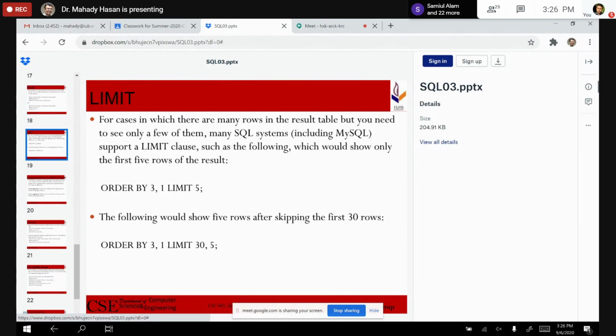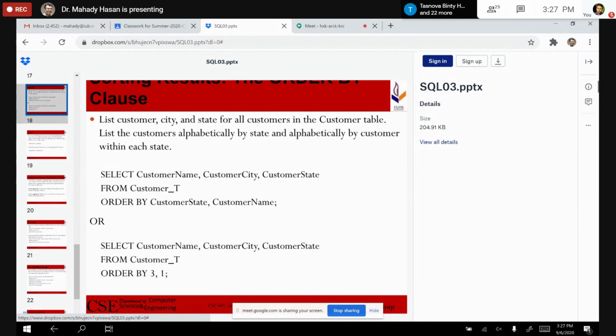We can use limit. What does limit do? Limit will limit the data up to a certain number. For example, here, how much data will I see? As much data as is there in the table, but you can limit the data. For example, I want to see top 5, top 3, top 2, or from 5 to 6.